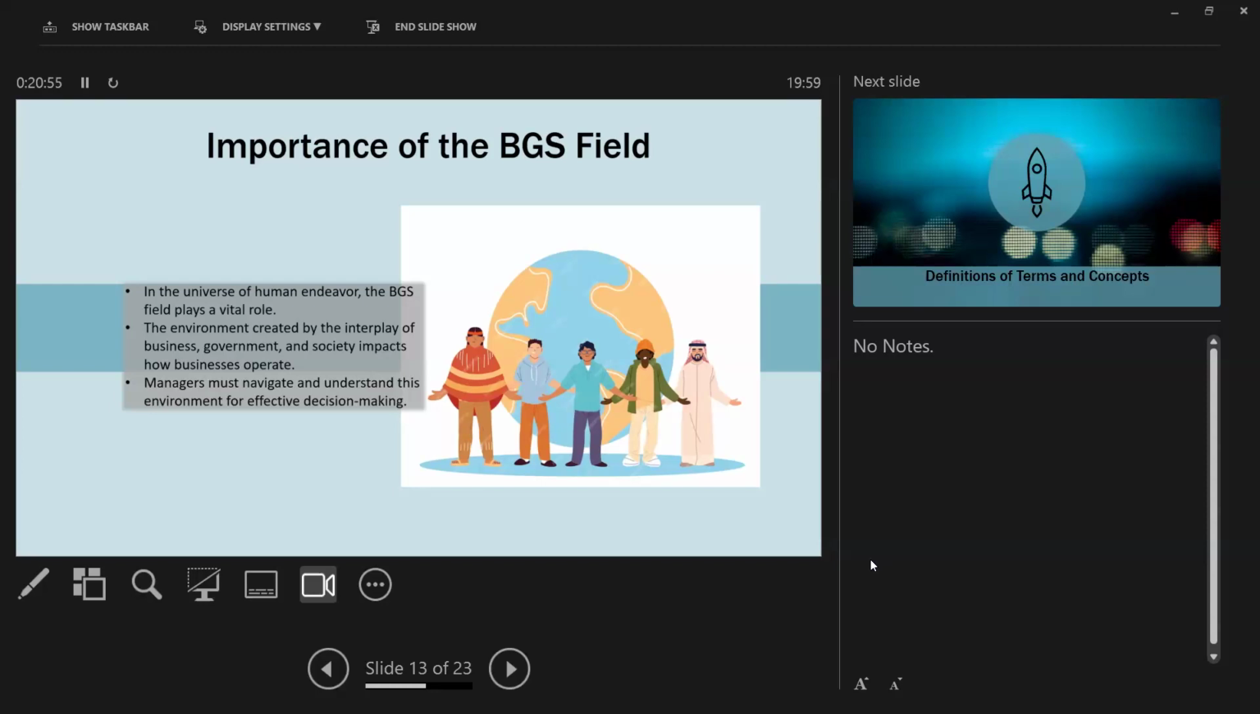So obviously the managers must navigate and understand the environment. They must understand, okay, this is what the government needs. This is what the government expects from us. This is what the society expects from us. So that's the reason why